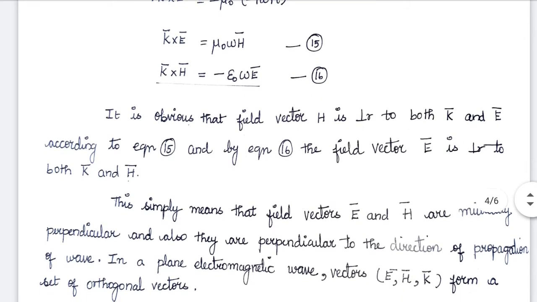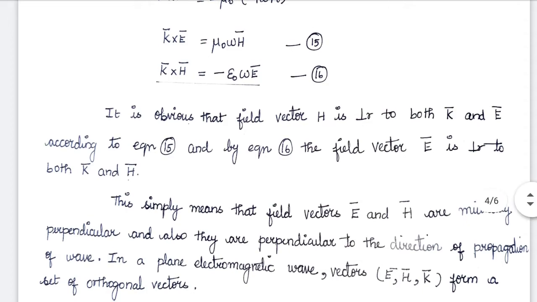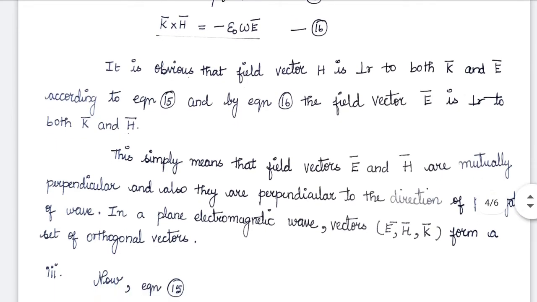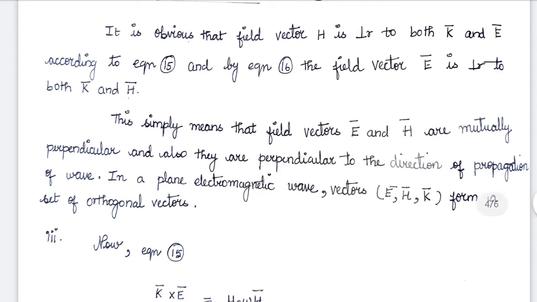So from equations 15 and 16, it is obvious that H is perpendicular to both the k vector and the E vector. In the same way, the field vector E is also perpendicular to the k vector and the H vector. So this means E and H vectors are not only mutually perpendicular to each other, they are perpendicular to the direction of propagation